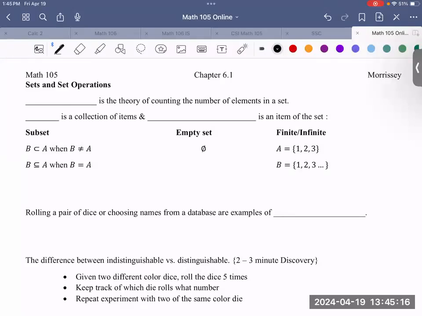Especially my online students, you can just follow the link in Canvas. It should say distinguishable and indistinguishable dice simulator. We're going to be using that in case you need some sort of a demonstration. For those who are not taking this online and instead face-to-face, we have dice in our classroom, so we're not even going to worry about it. So that being said,